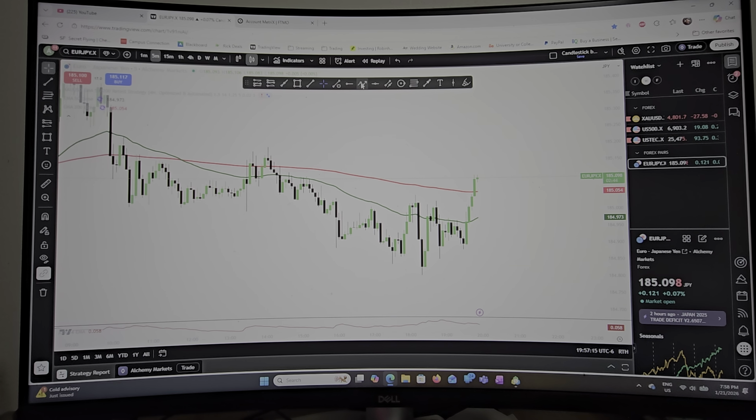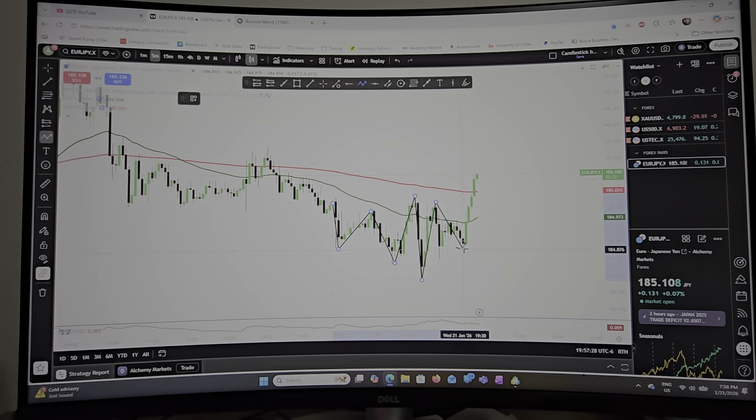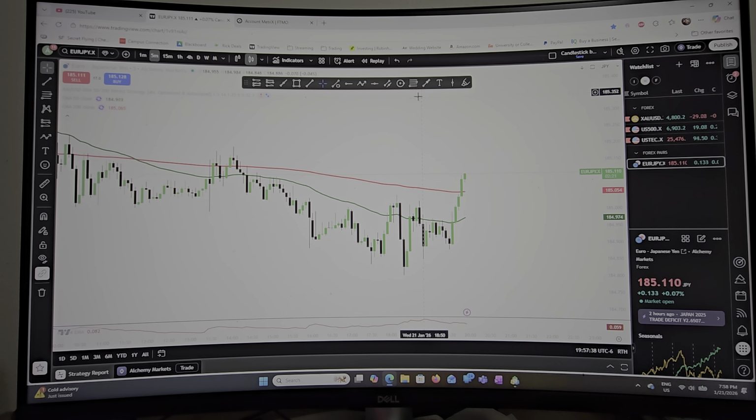At this point right here, when we made this lower high, lower low, we sort of invalidated this lower high and made a lower low. Now it's a higher high, higher low. Now it's going to another higher high. So we're now potentially reversing to an uptrend. So when we invalidate this structure right here,